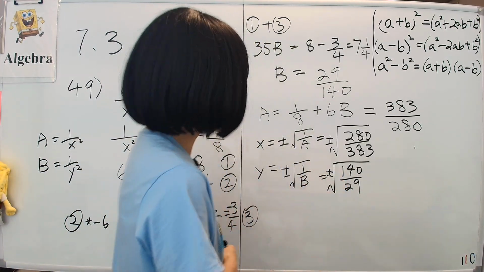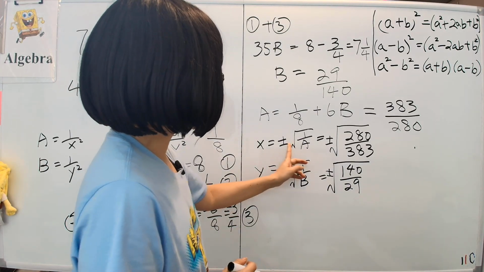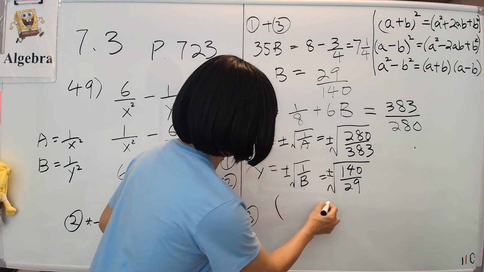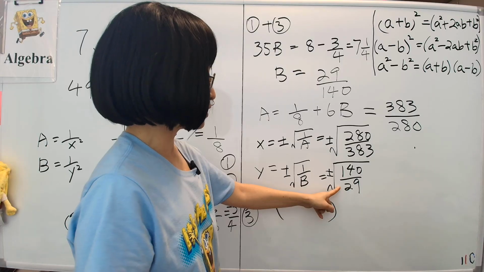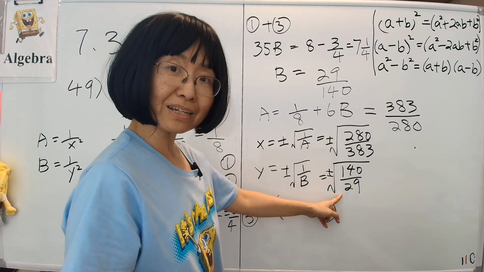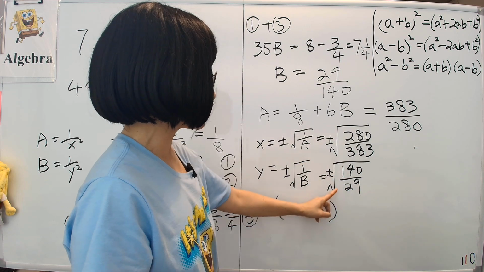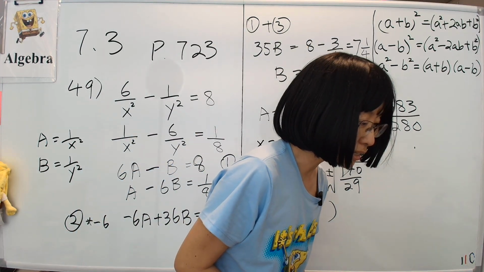I'm not going to write it all out, but you get the idea: the solution, with the 4 points, consists of positive this, comma positive this, then negative this, comma positive this, and then positive this, comma negative this, and negative this, comma negative this. So that's the 4 points which are shown in your